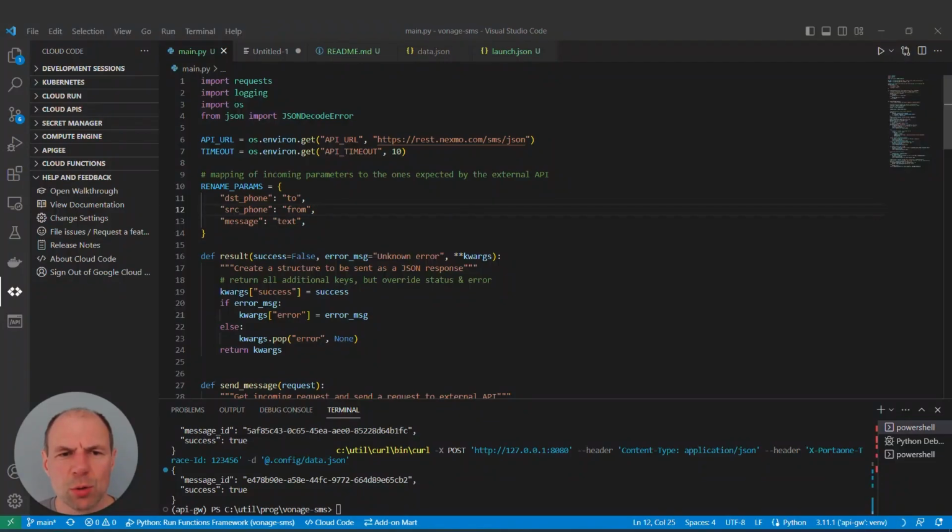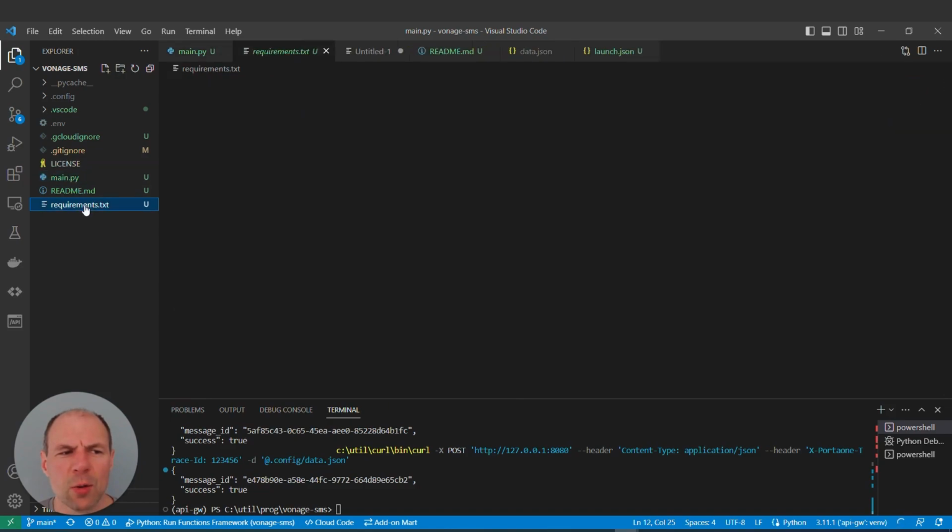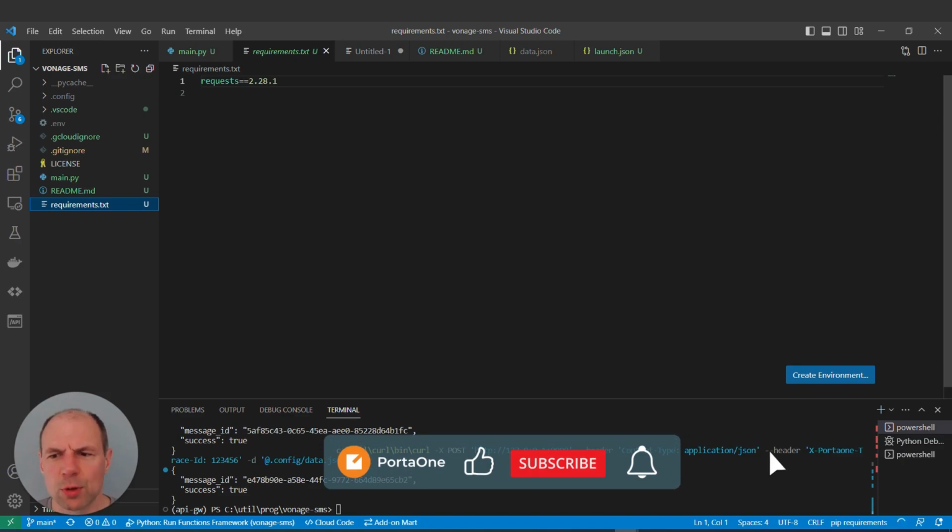We are now ready to deploy our code to Google Cloud, to the Cloud function. There is just one small thing that we need to do first. In the same directory as our main.py, we create a file called requirements.txt, and for those of you who did